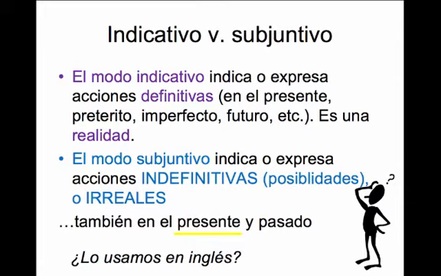They're possibilities, they're not realities. They might be something that you want or that you hope or that you doubt, that you suggest. And this is also present and the past, but for this lesson, we're only going to focus on the present